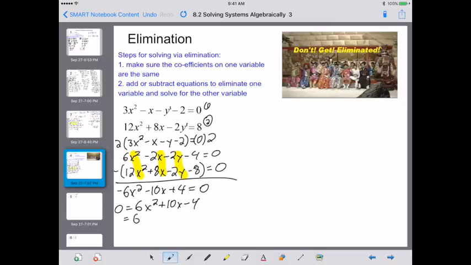Now, let's take our 6x squared. Let's split up that 10x into 12x and -2x minus 4. Now we can collect like terms in our two sets. So we take a 6x out of these first two to get x plus 2. And we take out a -2 out of that second set to get x plus 2. Again, we see that we have our x plus 2 and our x plus 2,